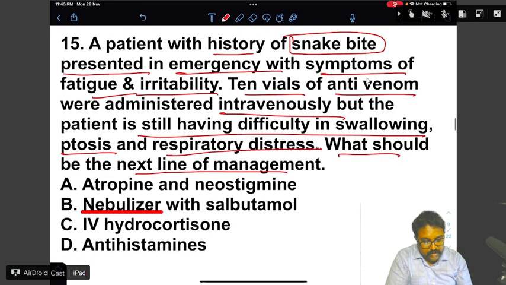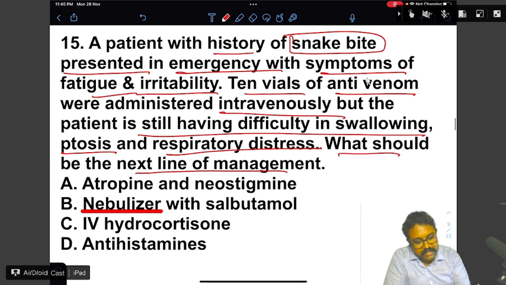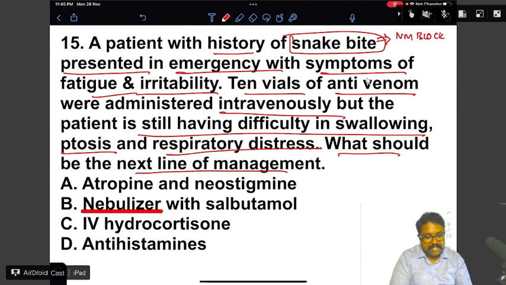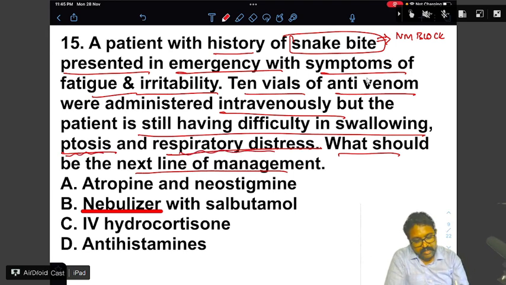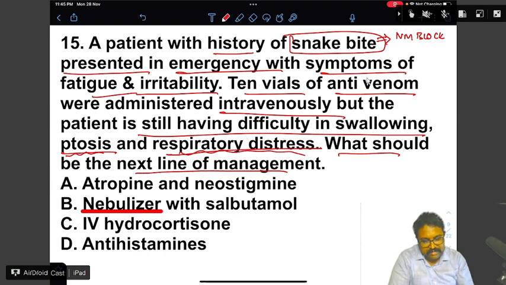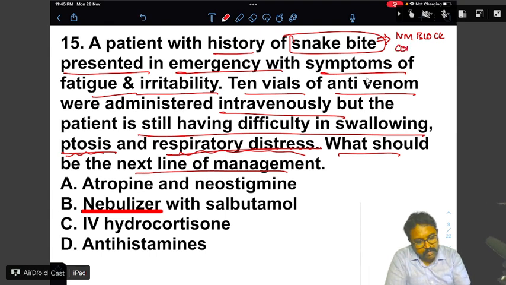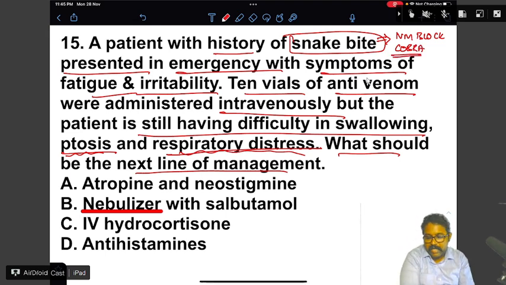management? So as you can see, the snake bite causes neuromuscular block. Why can you tell that this snake has caused neuromuscular block? Because the patient has ptosis, respiratory paralysis, respiratory distress. So the snake must have blocked the neuromuscular junction. So usually it will be the cobra bite, cobra poisoning. So what you have to do is, at the neuromuscular junction site,